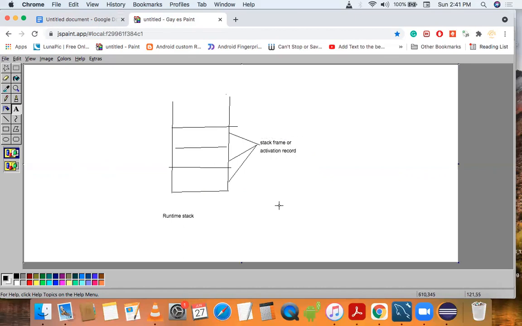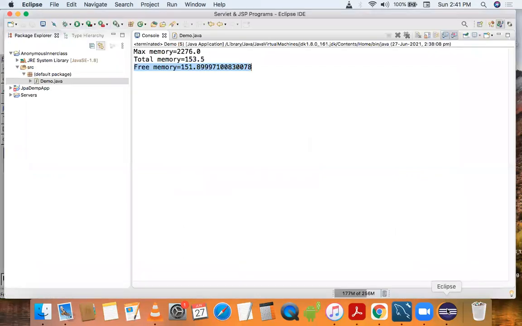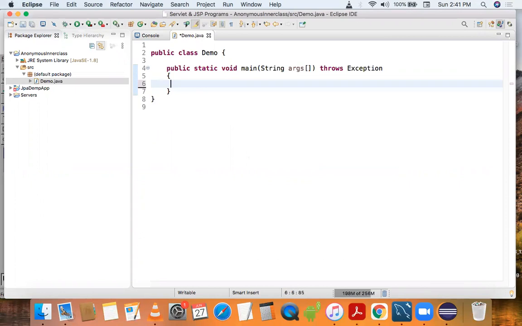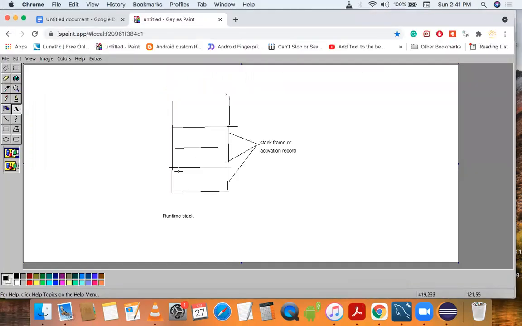So for example, let's understand it by a program. So this is our M1 method. So suppose this is our program. According to diagram, in our stack, this is our main method.